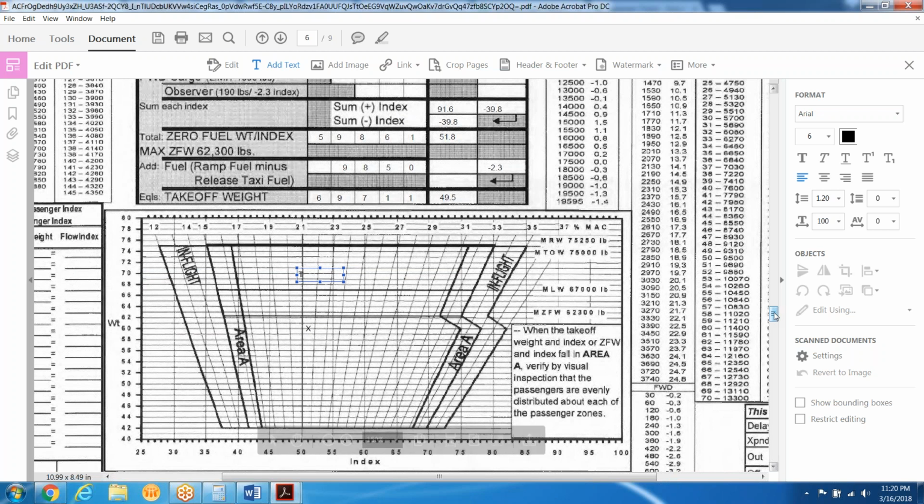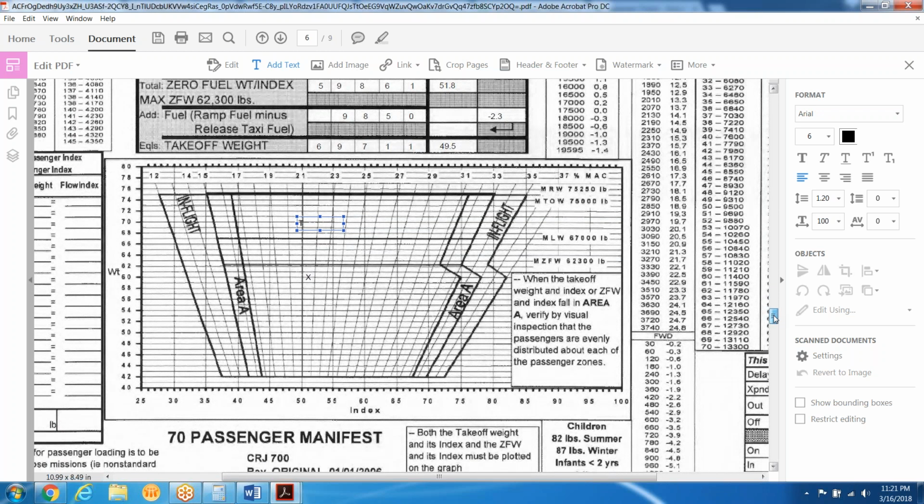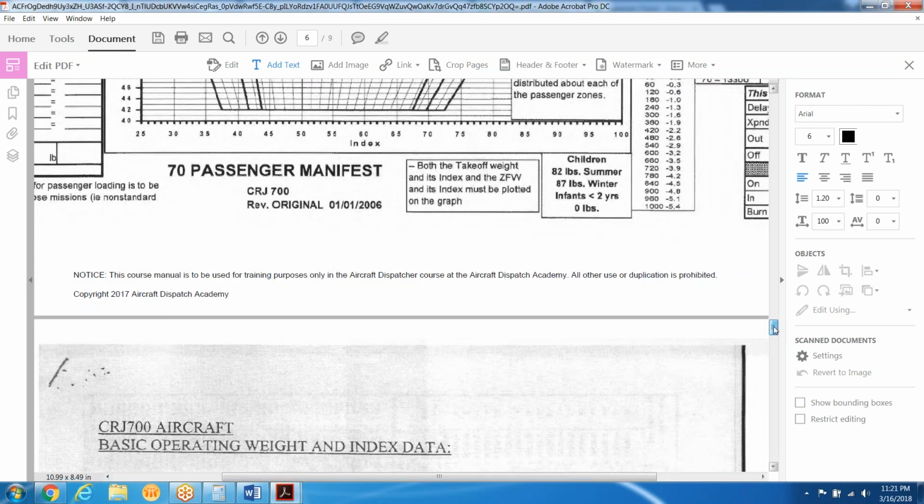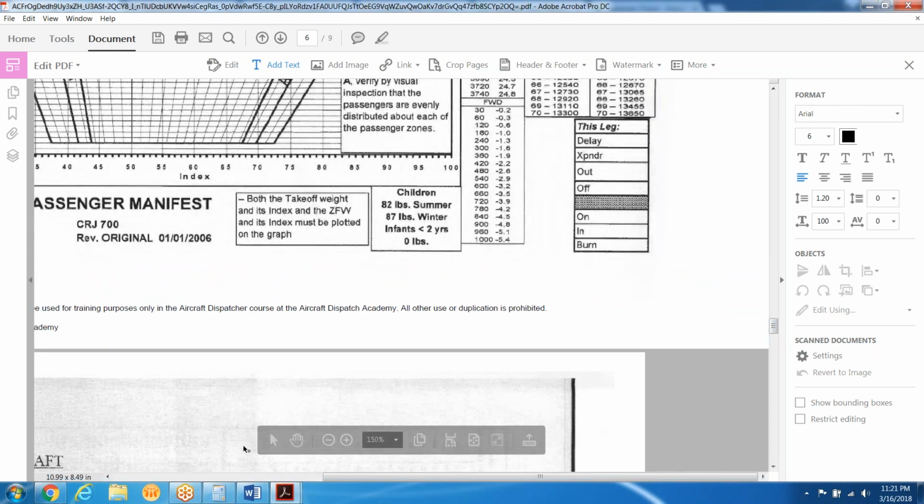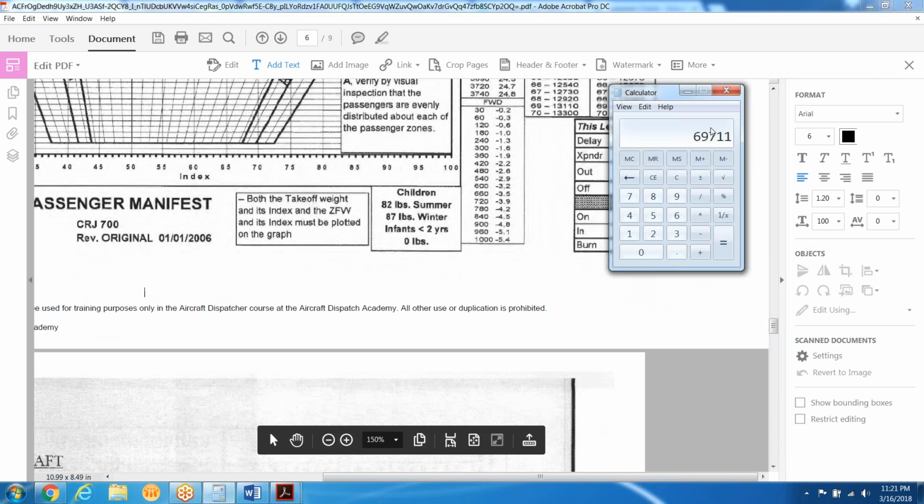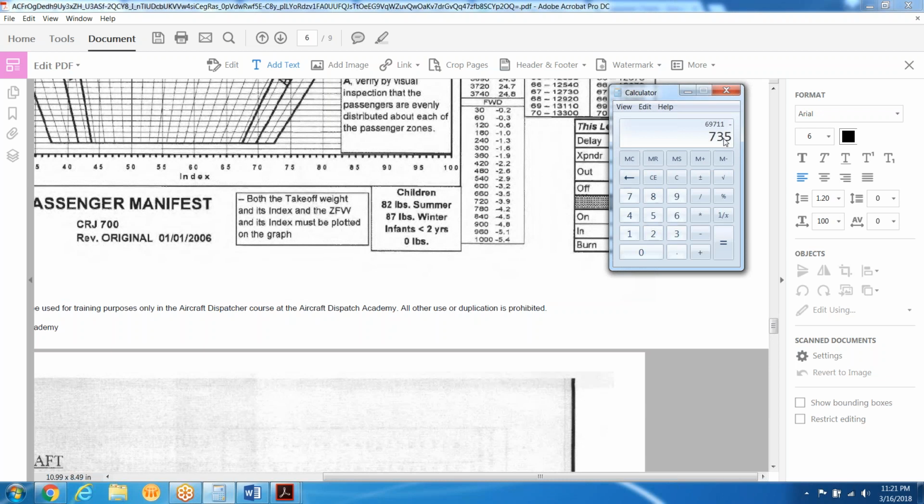So the way we figure out our landing weight is all we do is we minus the burn off fuel. Now remember, and this is kind of key here, the burn off fuel, you don't minus out all the fuel, you have to leave the reserve on board. So we take our takeoff weight, 69,711, and we minus that burn off fuel, which was, does anybody remember the burn off fuel? Wasn't it 70? Yeah, it was 7,350. 7,350. Okay. So that means our landing weight should be